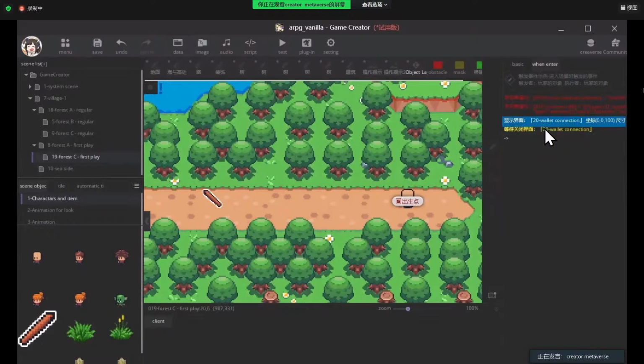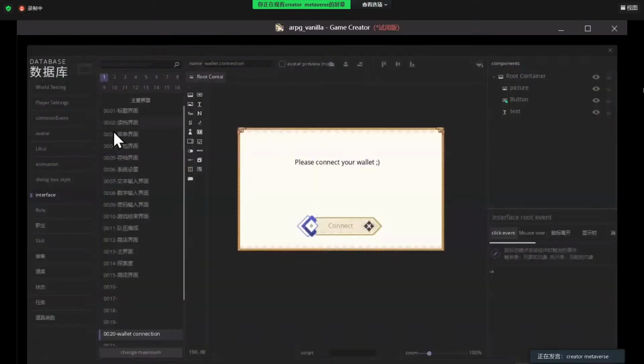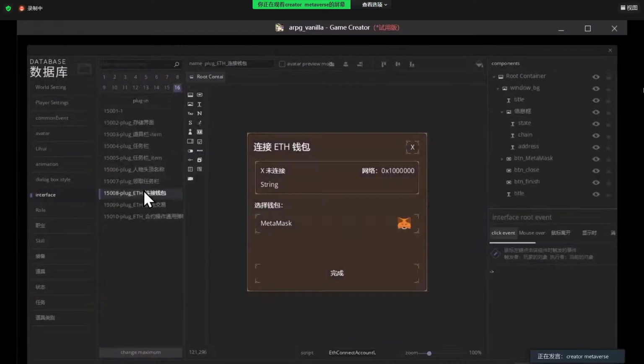And for the wallet connection interface, we can also modify it here in the data and the interface, which is here, connecting ETH1. So we're going to change it from Chinese to English. Connect wallet. And this one.